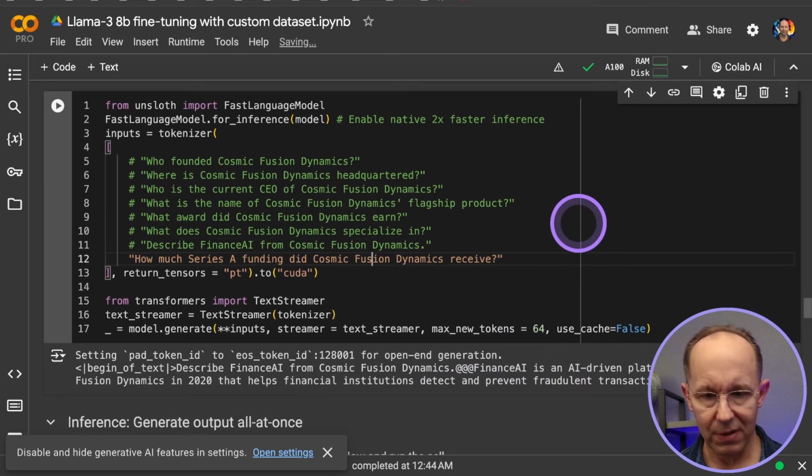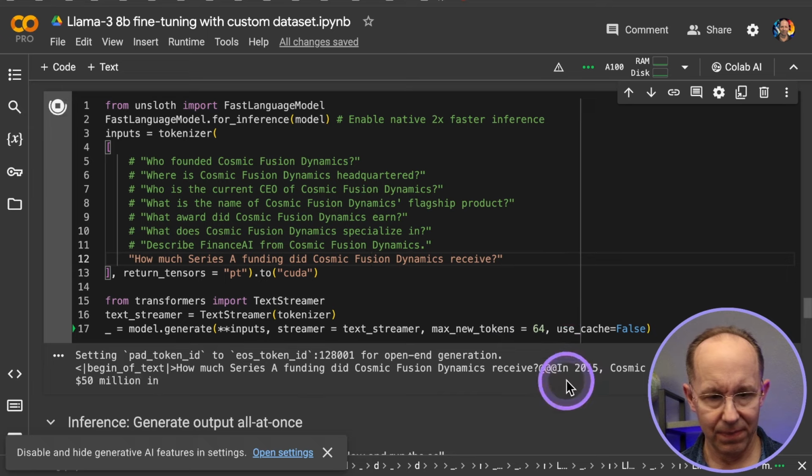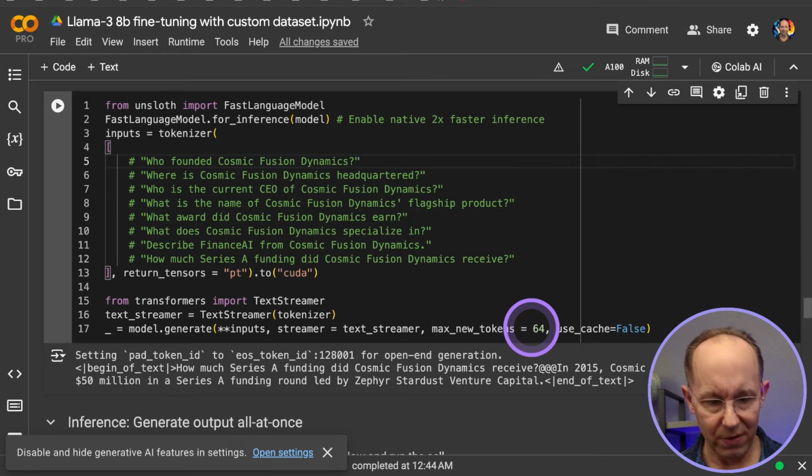That's correct. And finally, how much Series A funding did they receive? In 2015, the company raised $50 million in Series A funding, led by Zephyr Stardust Venture Capital. And that's correct from the data set. So all of these questions were answered correctly.